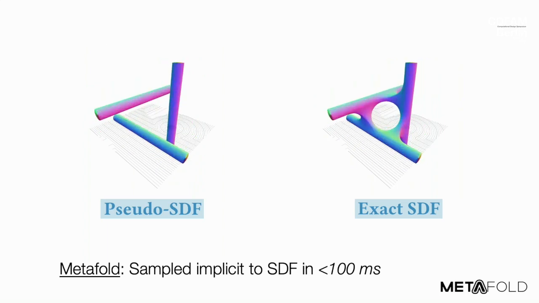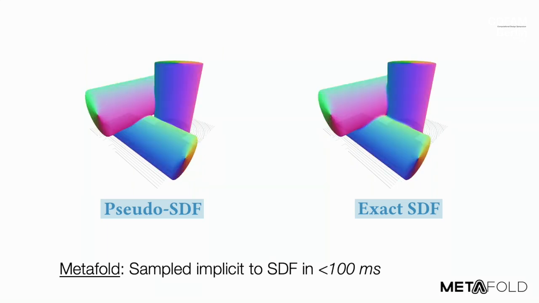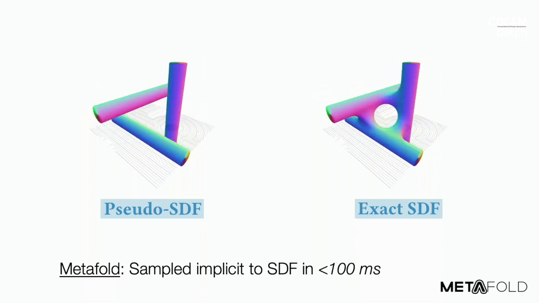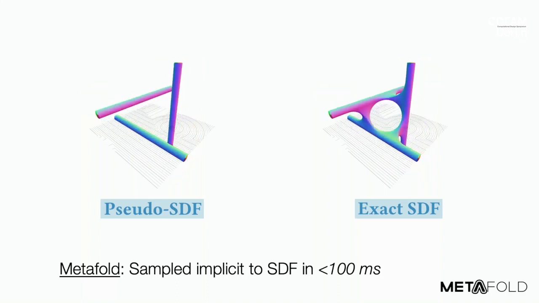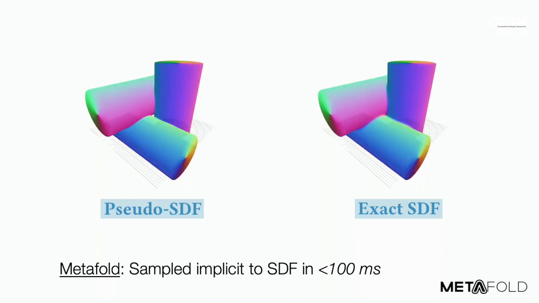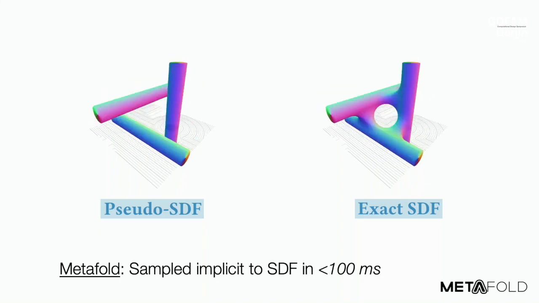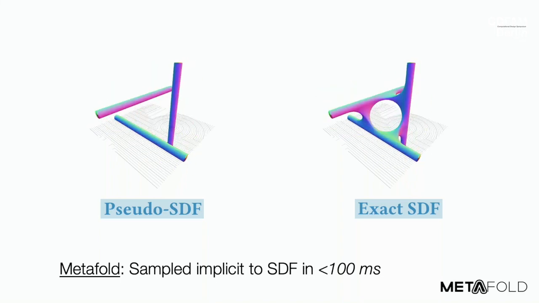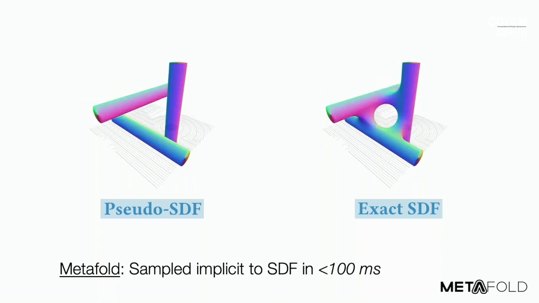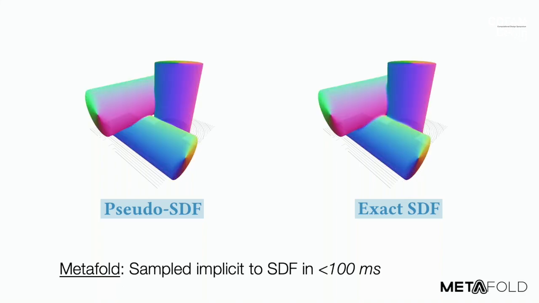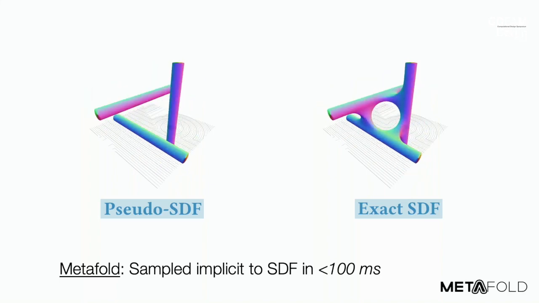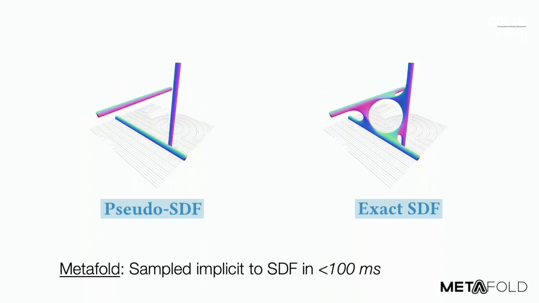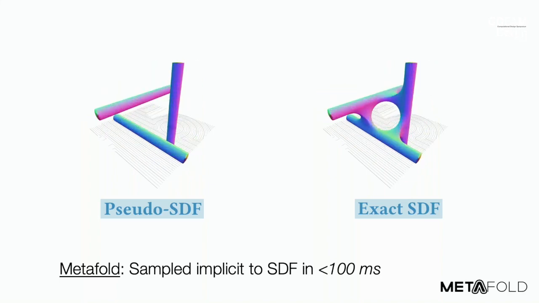So we have a new algorithm for this, which I won't go into the details of, but it will take any sampled implicit function and convert it to an SDF fast enough for interactive CAD applications. This geometry on screen is really an extension of the previous 2D geometries, and you see that the erosion is working as you expect. So this is good for the dimensional accuracy that our customers need. It's also good for that expressive shape space that we hope to get out of implicit modeling.